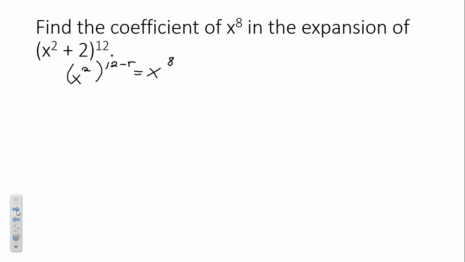How do we solve something like that? We multiply our exponents first. Power to a power, we multiply. When the bases are the same, then the exponents are the same. So 24 minus 2r is equal to 8. Take 24 to the other side. Negative 2r is equal to 8 minus 24. So r is,